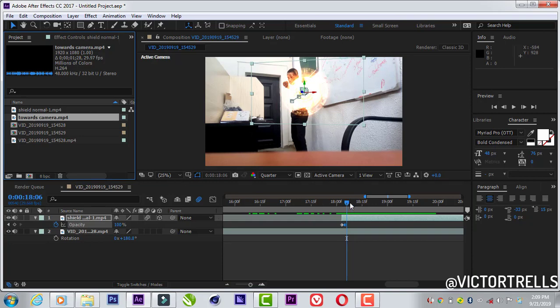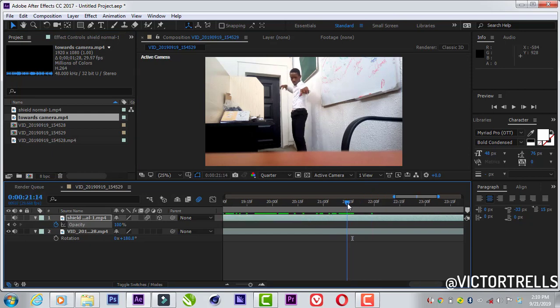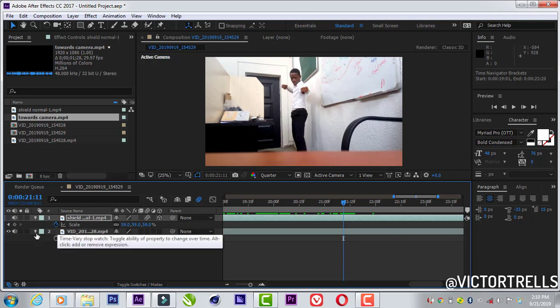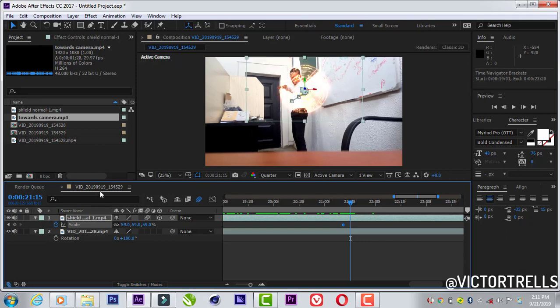Anyway, we also have to do this at the end of the clip, where your hand gets back and drops your shield. So let's turn off the shield layer first and then go over to the end. Okay, I think it should be somewhere around here where the actors stop moving everything. So first thing we have to do is press S on your keyboard again. Click here. This time we're not clicking here, if not you disable the stopwatch animation. So come over here and add another keyframe from here, then move over to the end, almost to the part where your actor's hand goes off, and then turn your shield layer back on so you can see what is going on, and then scale it down